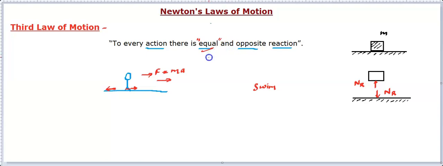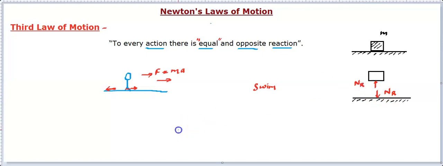Okay, and you can now observe in your daily life, in fact in all of your motions or observations, you'll find this third law is valid and taking place. This third law is very important, and we give least attention to it. It works there, and for our calculations it's very important whenever we draw a free body diagram. So we will be having interaction pairs, and this is just one example for normal reaction.